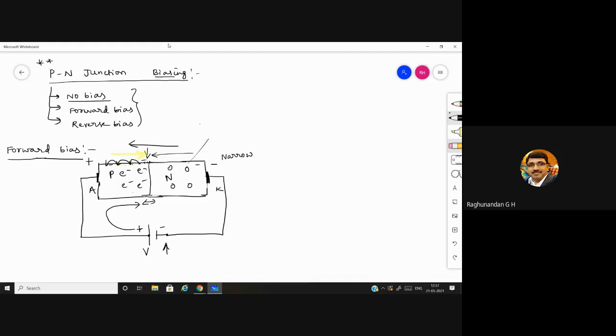In forward biasing, the P layer is connected to the positive terminal of the battery and the N layer is connected to the negative terminal of the battery. After this, when the input voltage is greater than the potential barrier voltage, which is 0.7 for a silicon diode and 0.3 for a germanium diode. So what are silicon and germanium? These are semiconductor materials which are used to make the P layer and N layer.